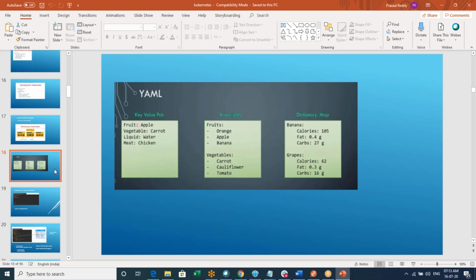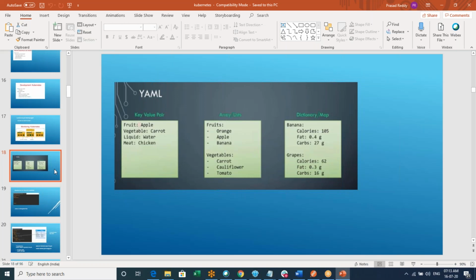In a key value pair there will be a key and a value. So it's like name Prasad, place Bengaluru, city Bengaluru, state Karnataka, country India. That's a key value pair, right? There is a key and there is a value, but only one value. Remember, in a key value pair there will be only one value. So that we call a key value pair.